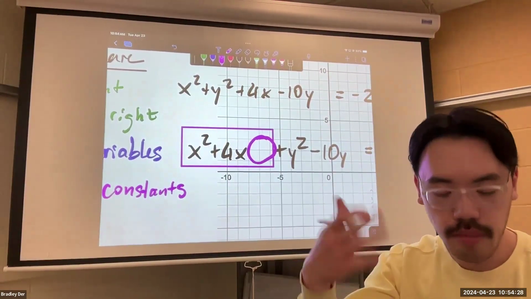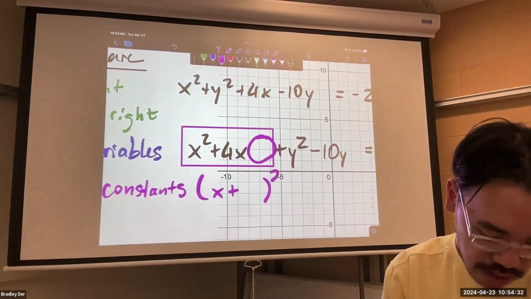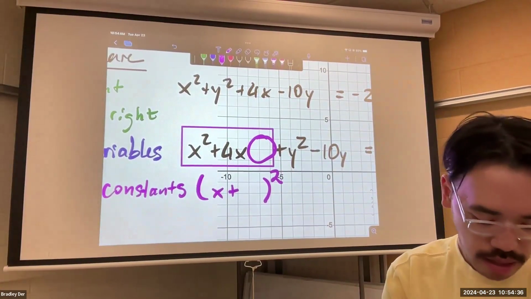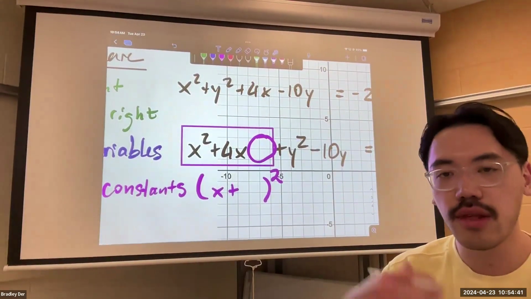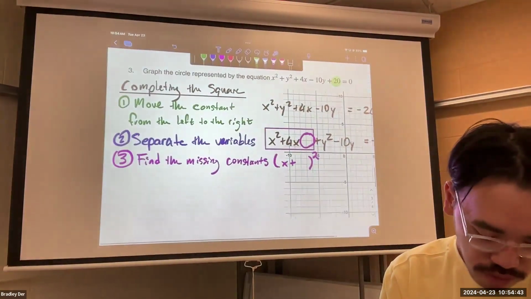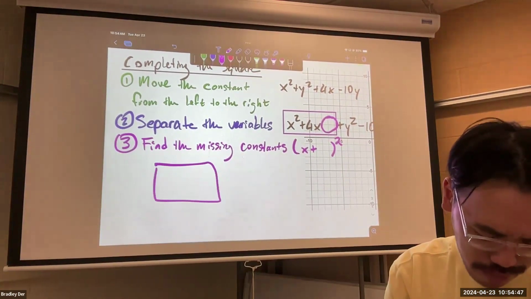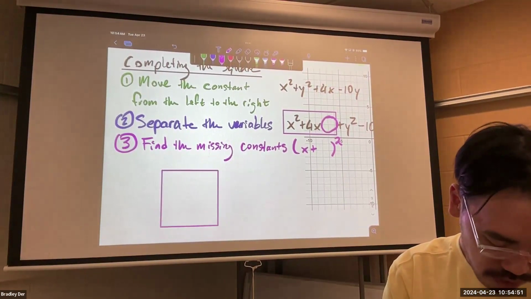I'd have a binomial that would be squared, x plus some number, and that whole thing would be squared. The question is, what do we want this number to be and what constant should we be adding to the line above? Some of you may see this already and you're like, oh, it's x plus 2 squared, easy peasy. Just in case you don't see that,